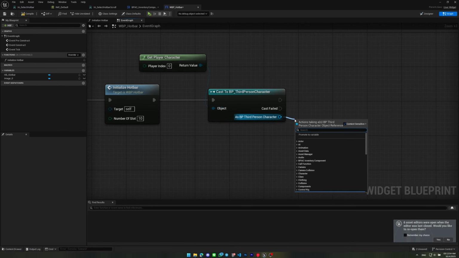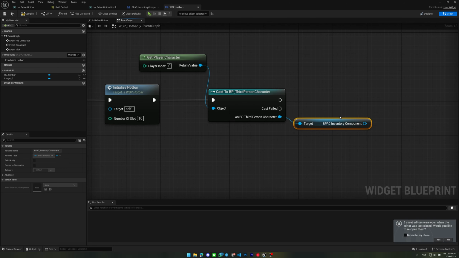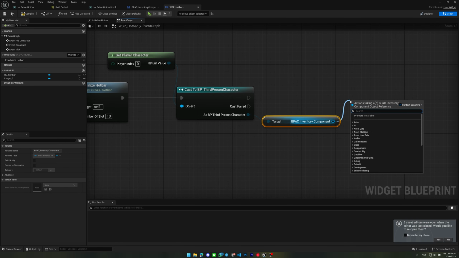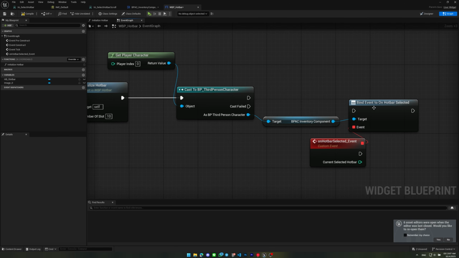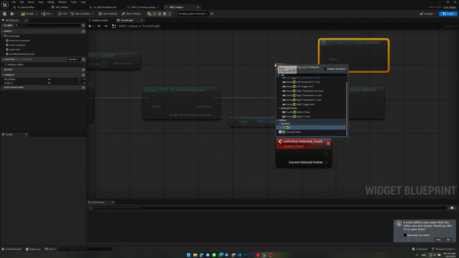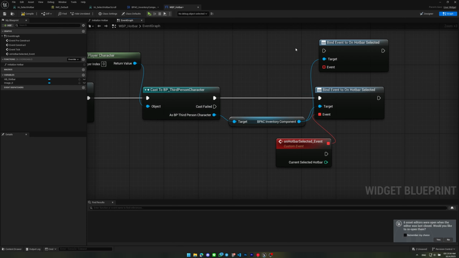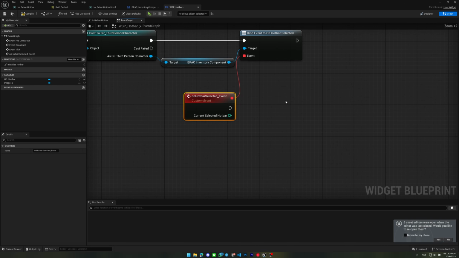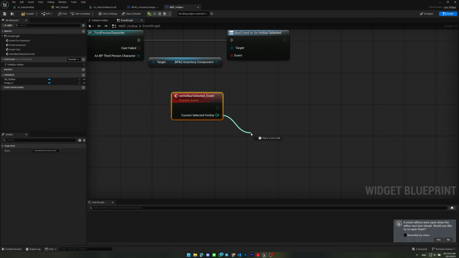And from this, we can just get the BPAC component. Make sure that you have added this component into the player class, sorry. And then we can just assign on hotbar selected like that. You can actually just use bind. From this, you can just add a new custom event. It's pretty much the same as using the assign type there. Okay. And from this, I will just get the slot index, but maybe before that, I will just make